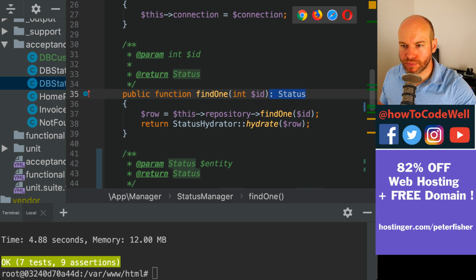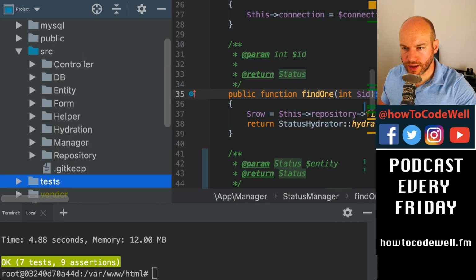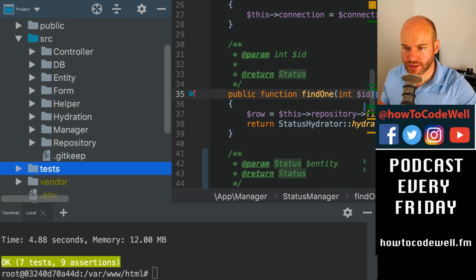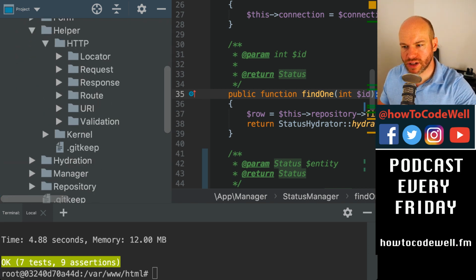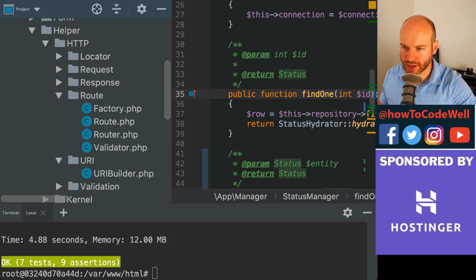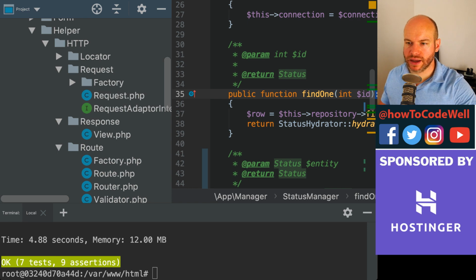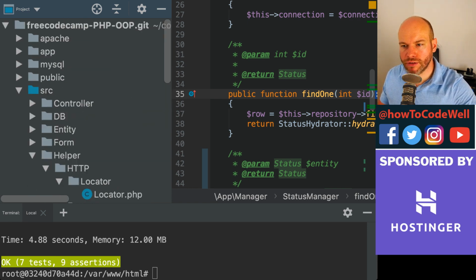That was done in helper HTTP. We had a whole bunch of classes here to deal with the routes, the URIs, and the responses and the requests. So all sorts of things, and the locators, and they run off of the back of